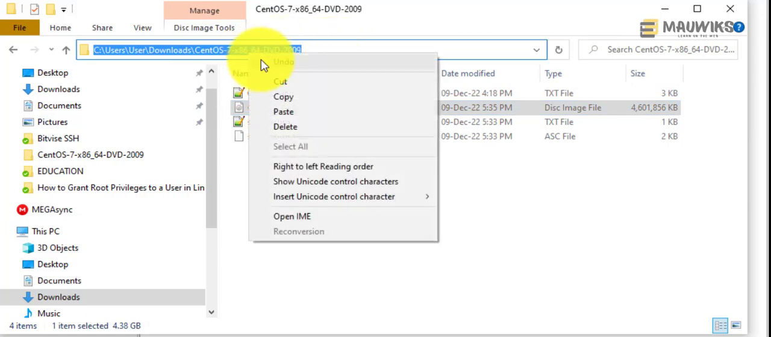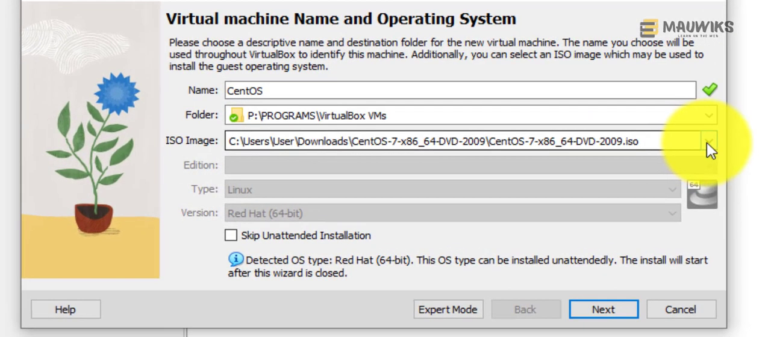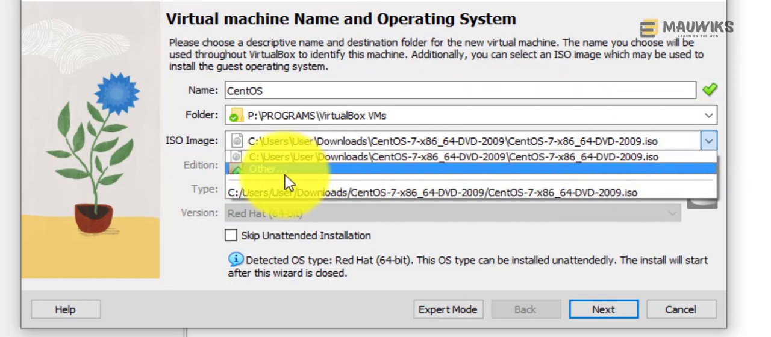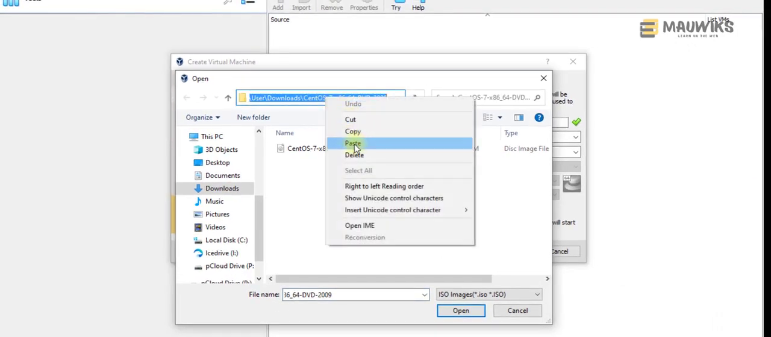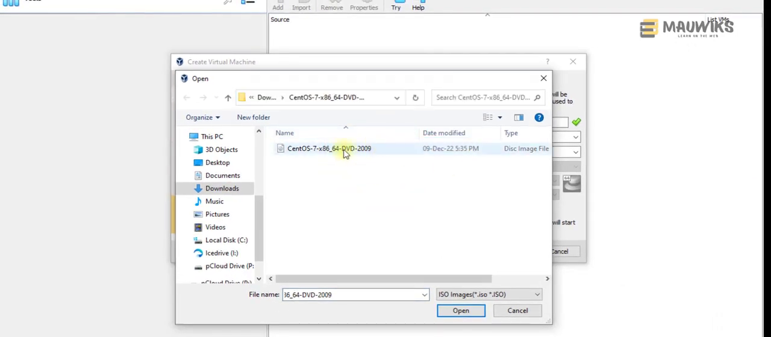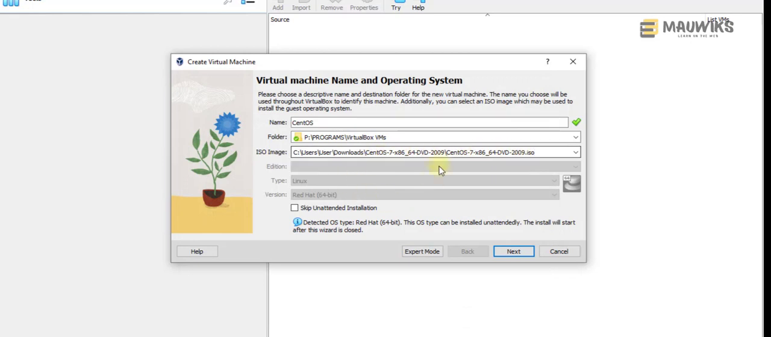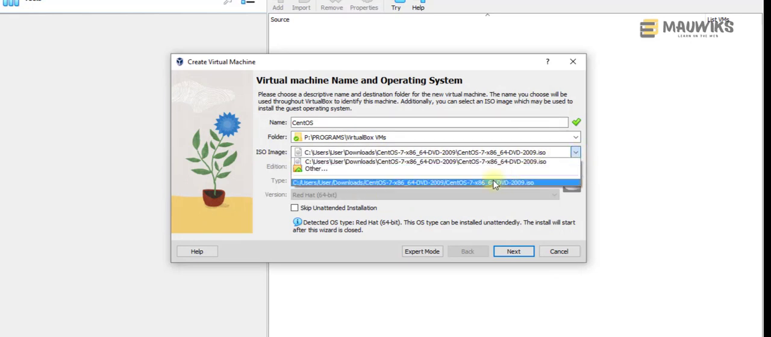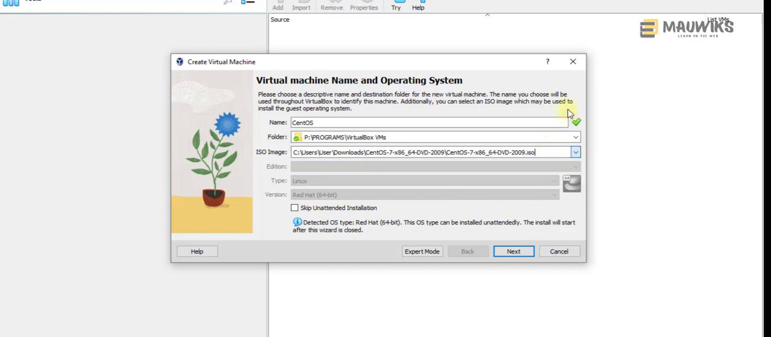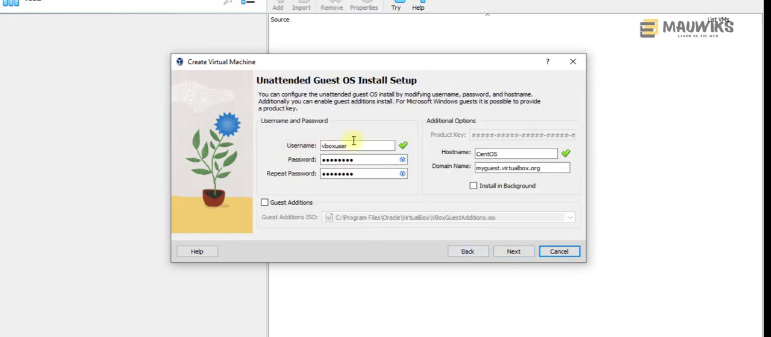So just copy the location here and go back to your virtual machine, and then select other and then paste the location here, click enter, and it should show here already. And then just open that and it will show it here. So that's how you can navigate. But usually VirtualBox automatically shows you if there's an ISO. So just in case there's multiple and it doesn't show here, you can navigate through that way. So now you can click on next, and you can